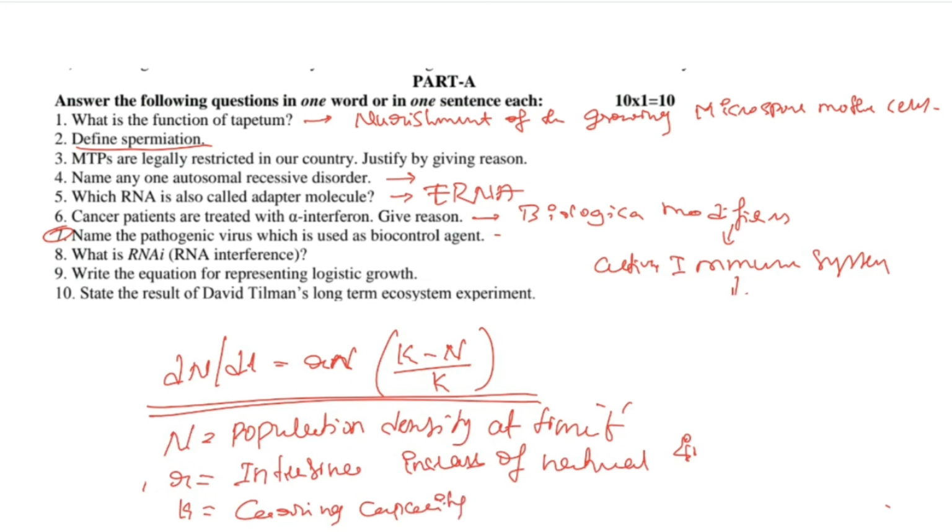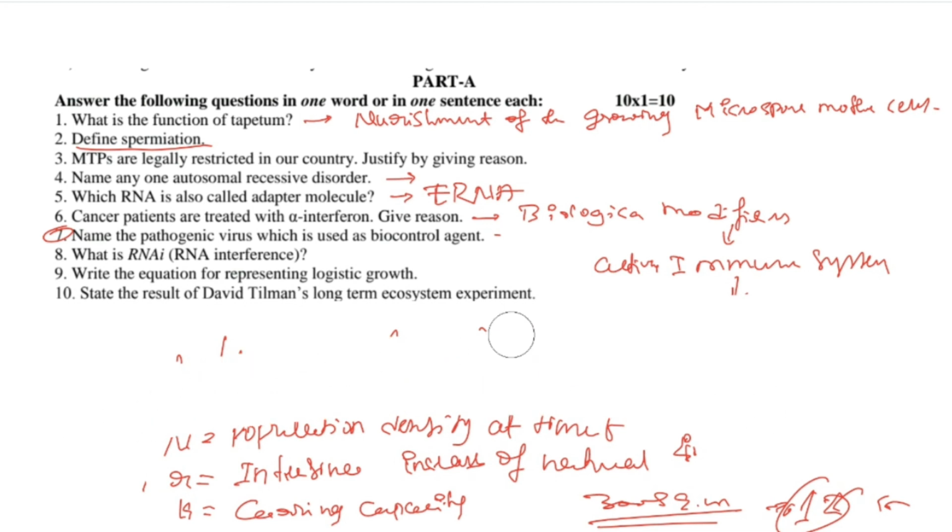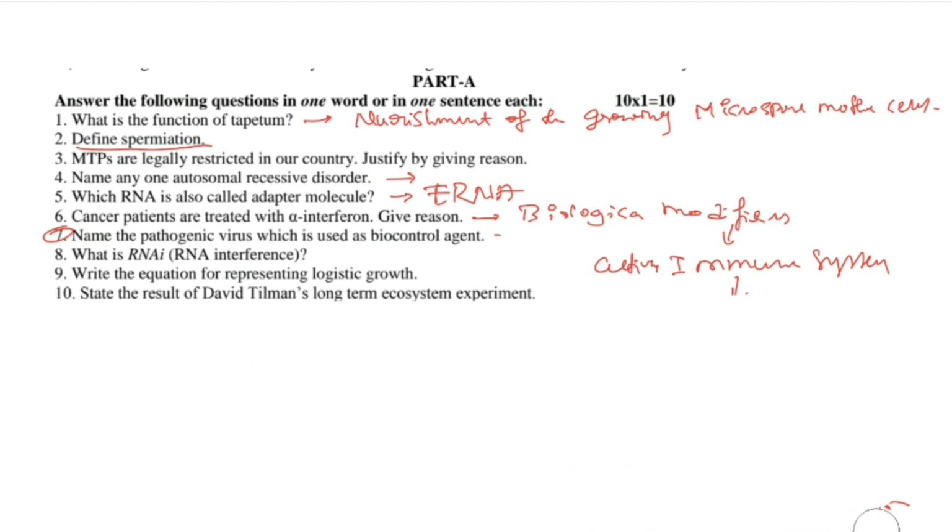For example, if there is a 300 square kilometer area, how many tigers can be carried? So one. It is only one. I mean one male tiger. There will be some other female tigers there. So if another male tiger comes, there will be a fight for that particular region. So this is what the formula is. Do remember this formula, it is a very important, repeated question.